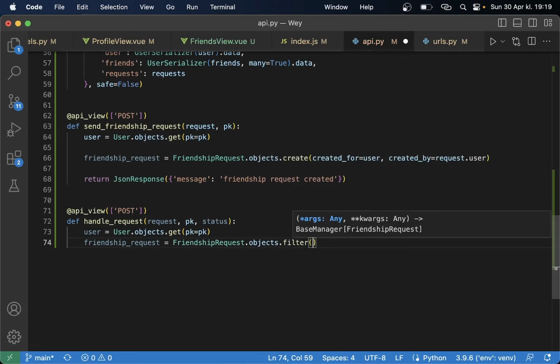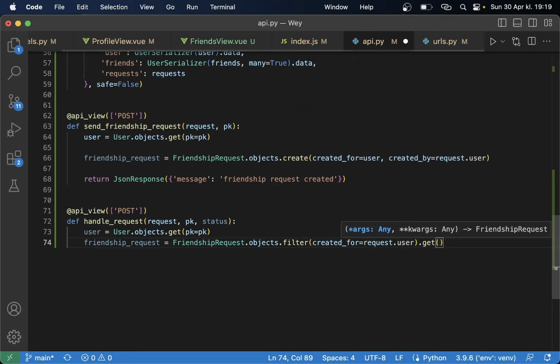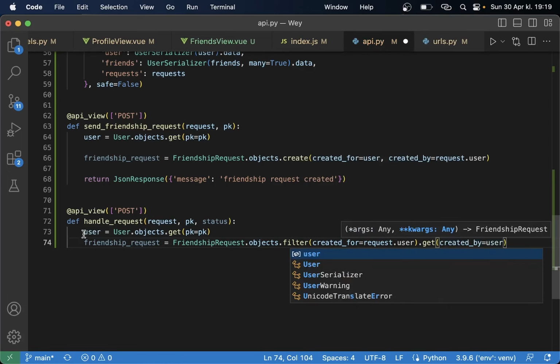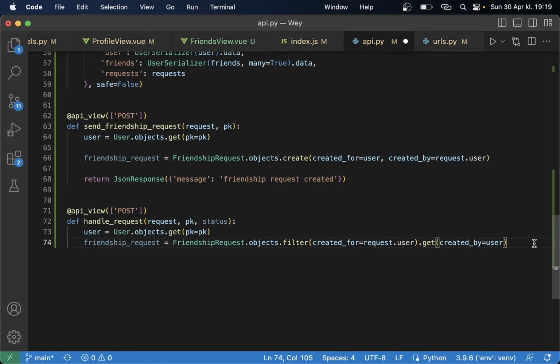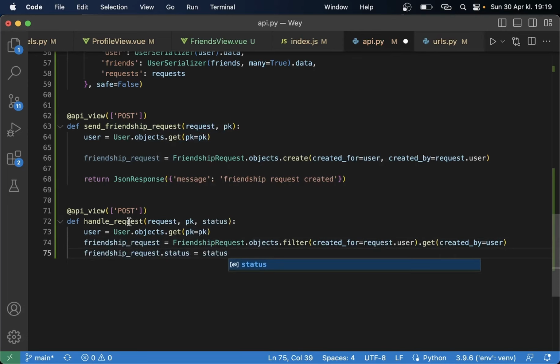So then I can get everyone that is for me, created_for equals request.user, and I want to get one specific one, so .get, where created_by equals the user, which is the user it points to here. And then we can just say friendship_request.status equals status, because this is now either